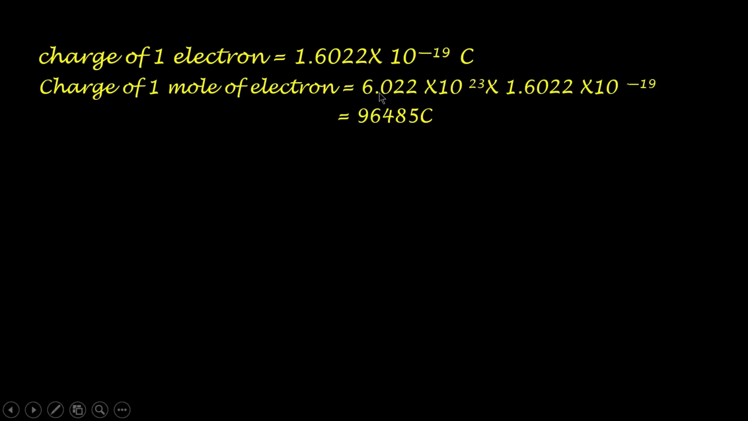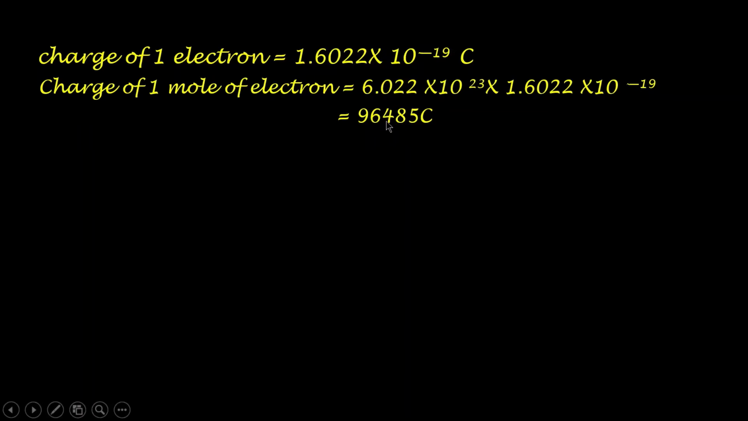You are already familiar with this Avogadro number, which we have discussed in the previous videos while discussing the mole concept. So you can see the video on the concept of mole. The charge of 1 mole of electrons is obtained by multiplying the charge of 1 electron with the Avogadro number of electrons. The charge of 1 electron is 1.6022 × 10^-19, and this is multiplied with the Avogadro number, that is 6.022 × 10^23. When you multiply these, that will give the charge of 1 mole of electrons, that is equal to